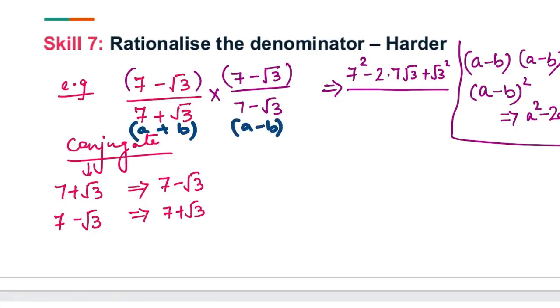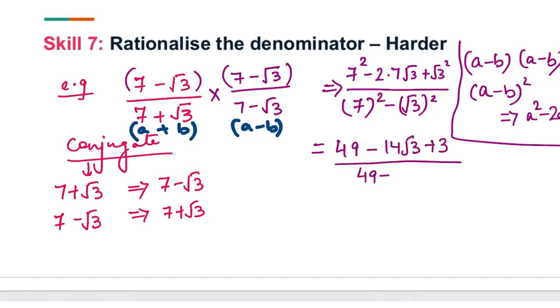All right, so here we can use a squared minus b squared identity. So that is going to be 7 squared minus root 3 squared. Right, so when we solve it, we will get 49, 7 squared is 49, minus 2 times 7 is 14 root 3, plus 3, over 49 minus 3. And when you solve that, it becomes 49 plus 3 is 52, minus 14 root 3, over 49 minus 3